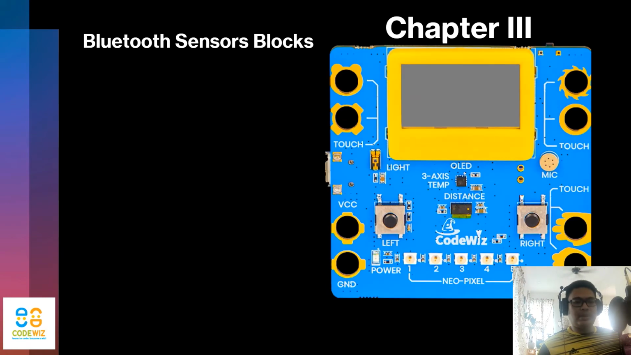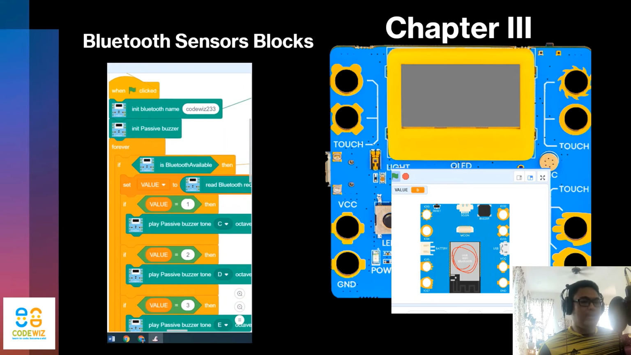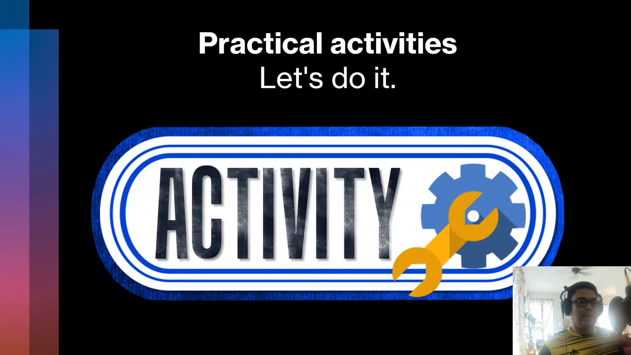Bluetooth sensor block. The Bluetooth sensor block is to connect your Code Whiz with your Bluetooth device and be controlled by the device. So with this Bluetooth sensor, we can make a code or instruction to the Code Whiz to act from our Bluetooth device. I will show you on my